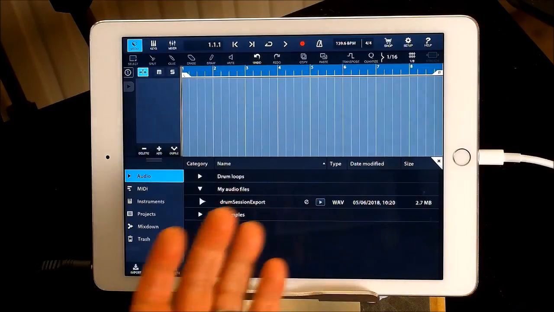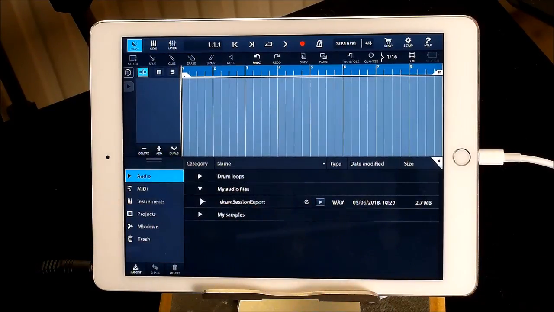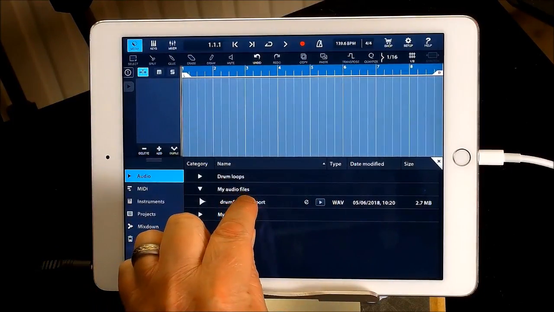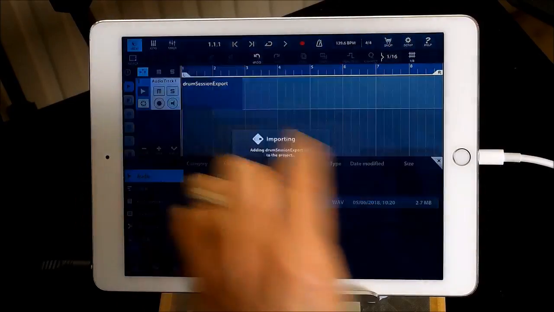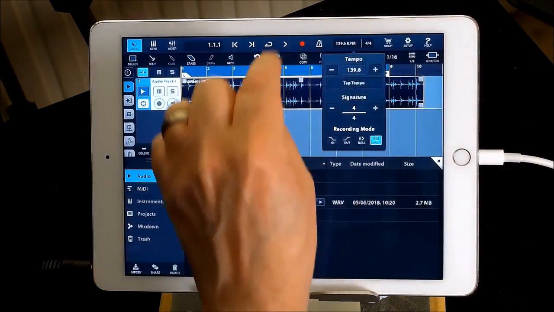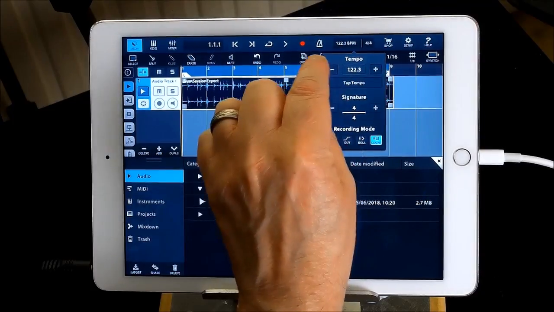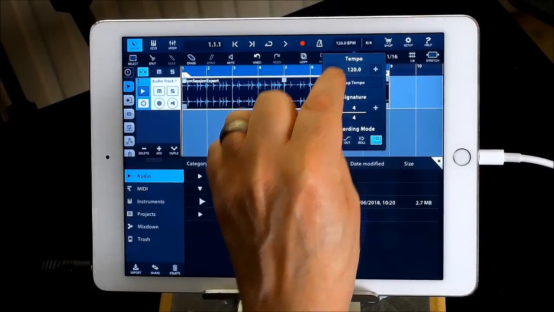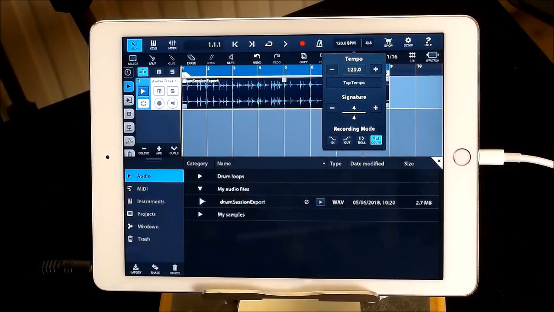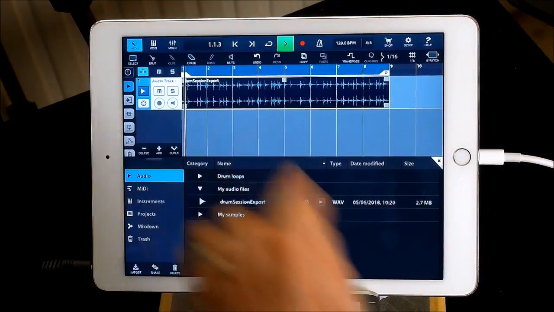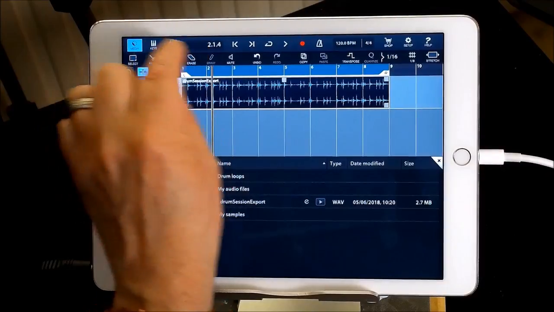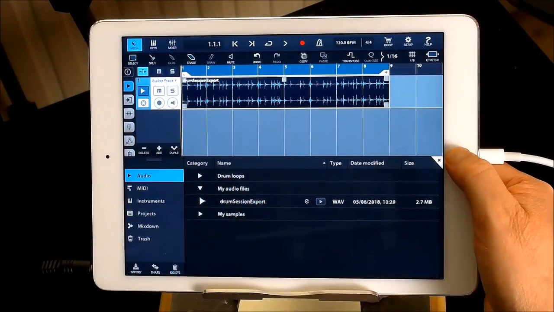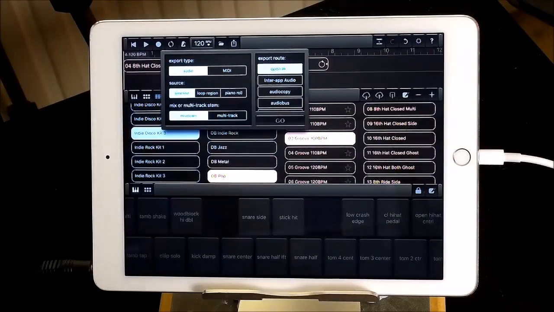I've just exported it now. It's 20 past 10, the 5th of June. And there it is. Once I've done that, I can just take hold of this and drag it in. I know it's set at 120, so I can adjust my tempo to suit, but Audiobus does have superb time stretching. So there we go. Easy peasy. What we'll do now is go back to Drum Session, and this time